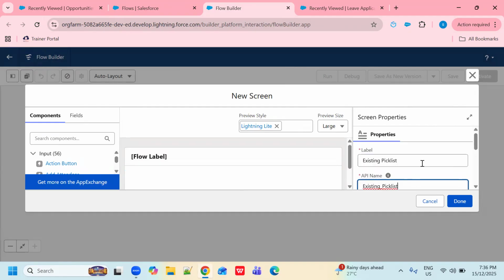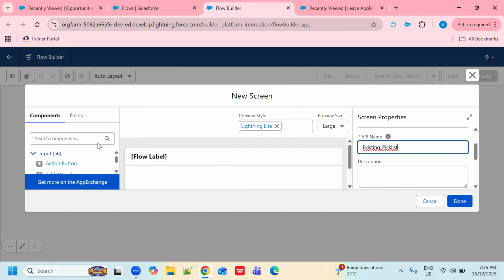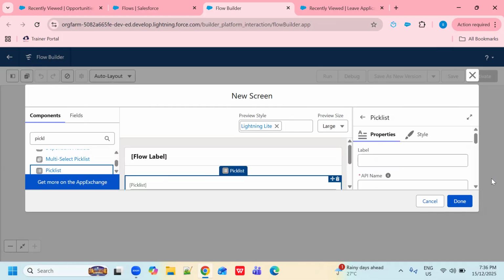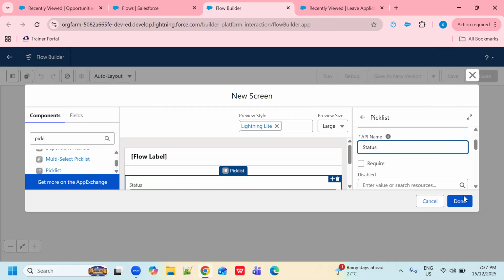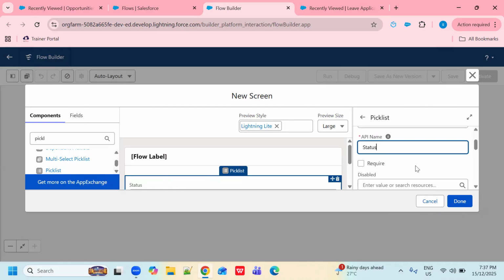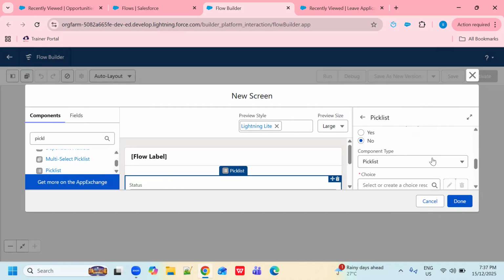So here the API name, and here I'm adding my pick list, right? So I'm using a pick list on my screen, and I'm giving the same name, status, because I'm going to use the status pick list here. So the API name populated itself. If you want to make it required, you can make it from here, right?